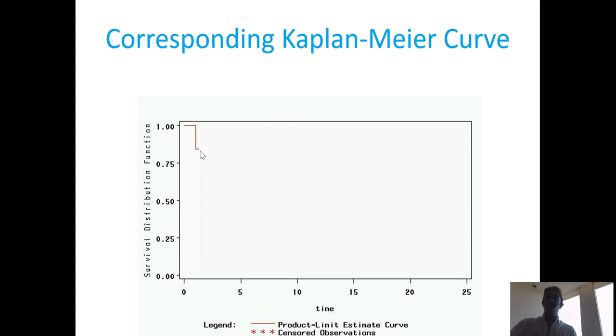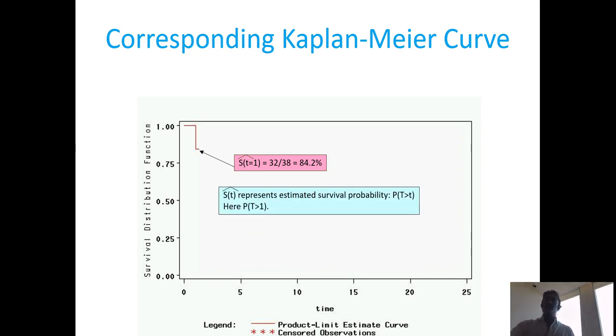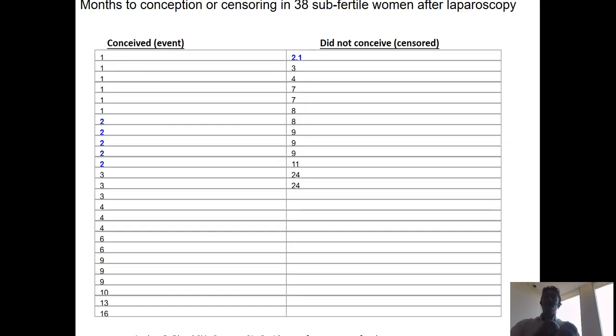So that should be about 74%. Oh, sorry, 84%. My math is bad. Okay, so 32 out of 38, 84%. Fantastic. All right. So don't be afraid of this terminology. It's just saying the survival function at a certain time is this. So its survival function at the first time of 1 month is 32 out of 38, or 84%. Fantastic. Next time something happens is, and when I say something happening, I mean the event, not the censoring, the